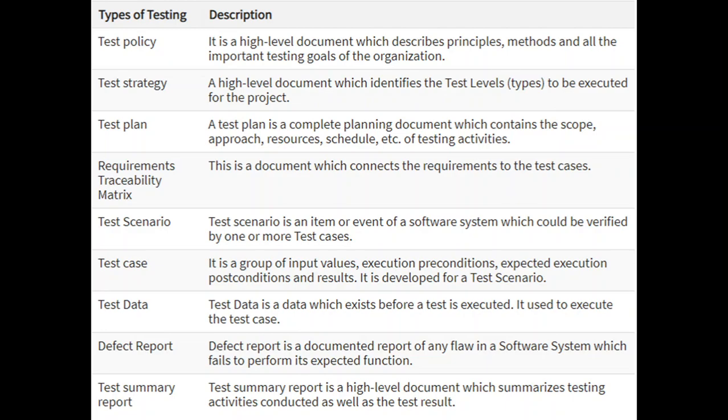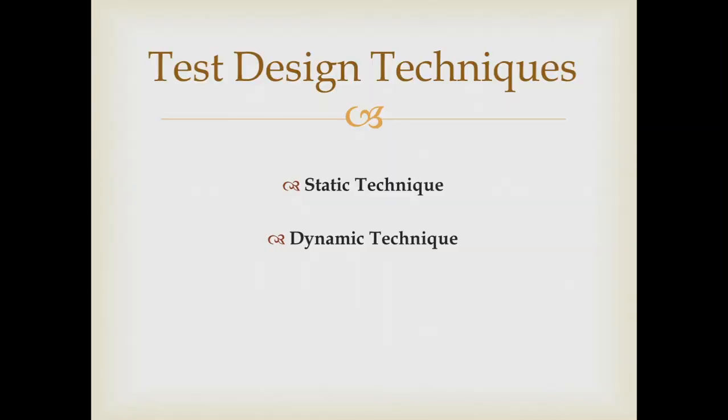So test design techniques, there are two major techniques, which is your static technique and your dynamic technique. To brief it, static technique is where the review process or execution process takes place without actually executing. Meaning, all these things take place only in the document. So, the reviewing of the documents will be your static technique, and your dynamic technique will be the actual execution of your testing. Based on that, you're going to design your test cases.